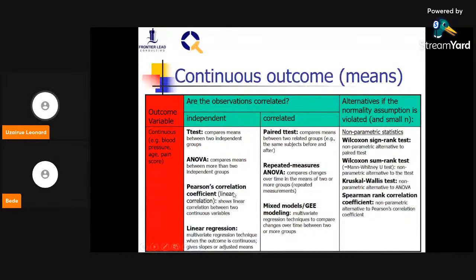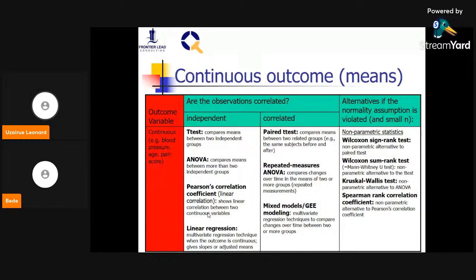Now, the next one is the Pearson correlation coefficient. This is linear correlation showing a linear relationship between two continuous variables. So it means that for you to use this kind of test, you must be dealing with continuous variables. Now, if you are looking at the correlated aspect, then you'll be looking at